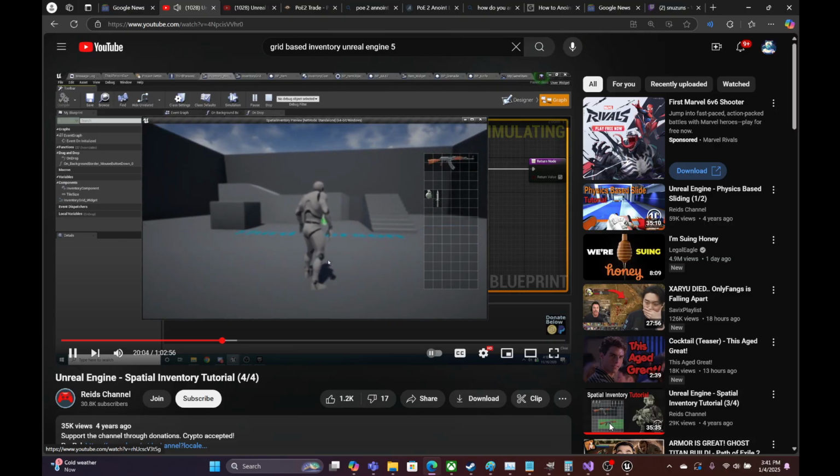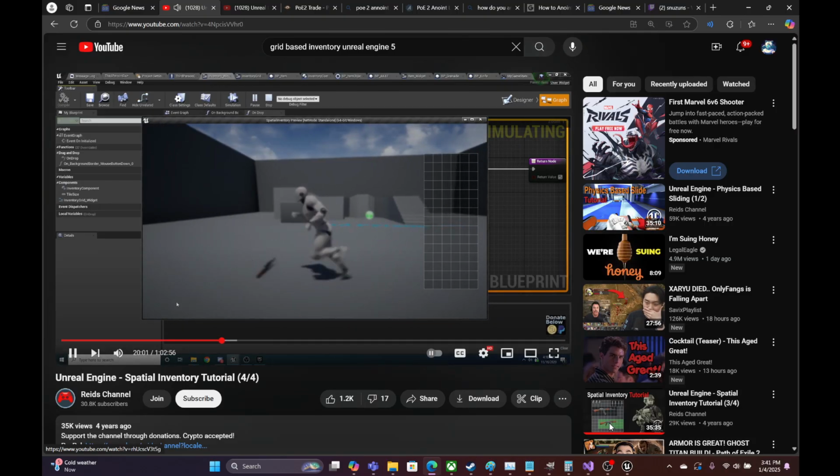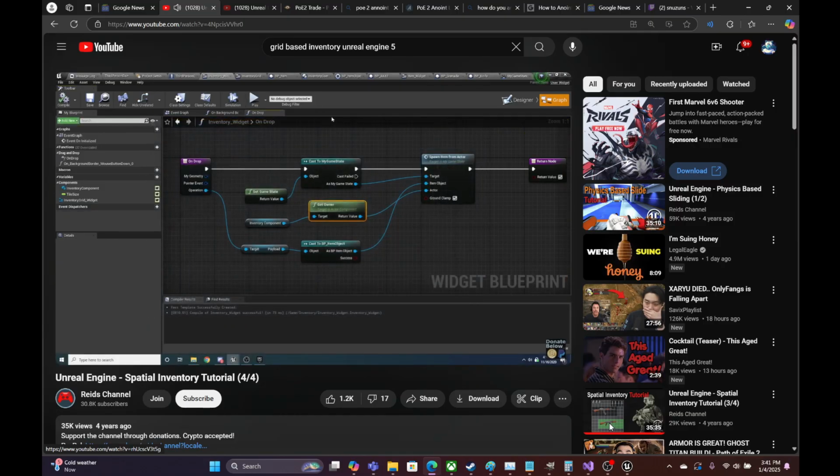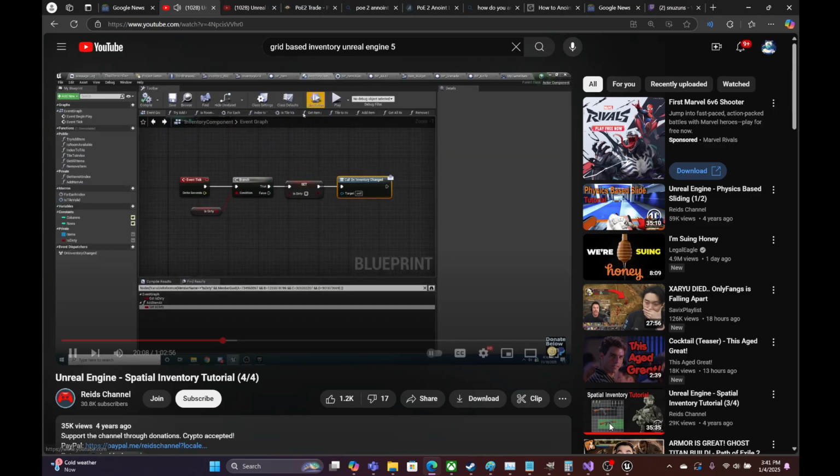Since we already left this in the correct spot, we need to write that function correctly. So we need to write that function that actually removes items from inventory. It's actually really simple. So if we go back to our inventory component,